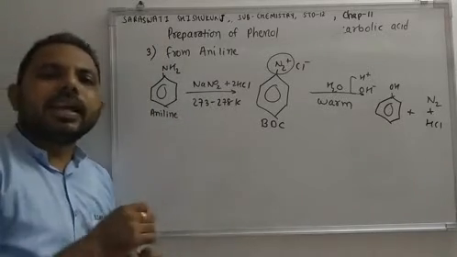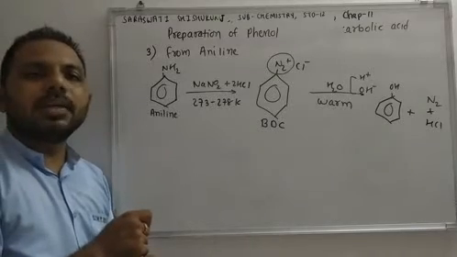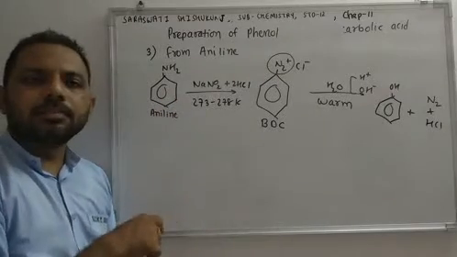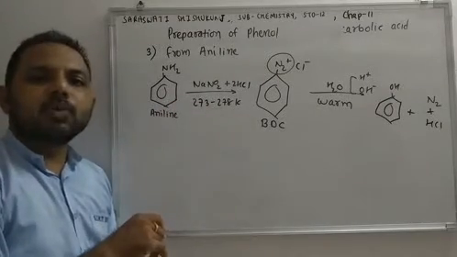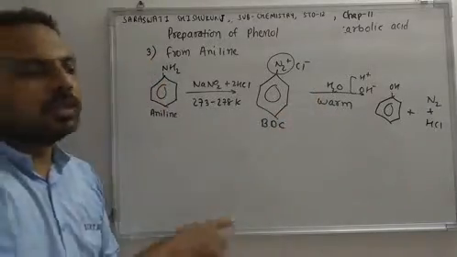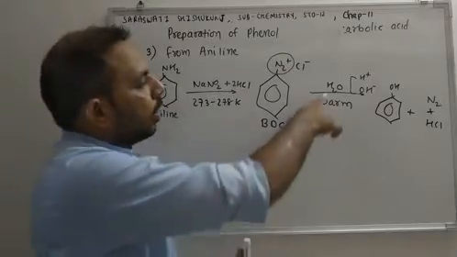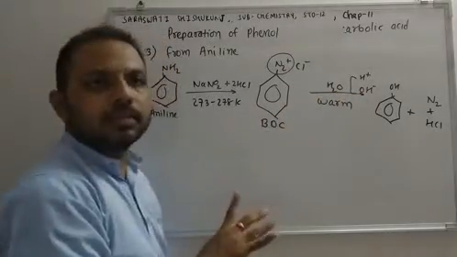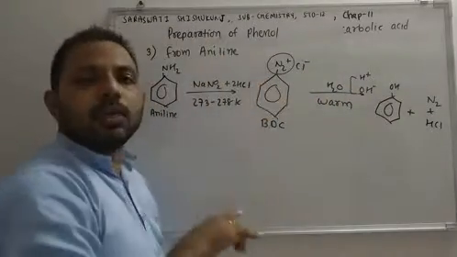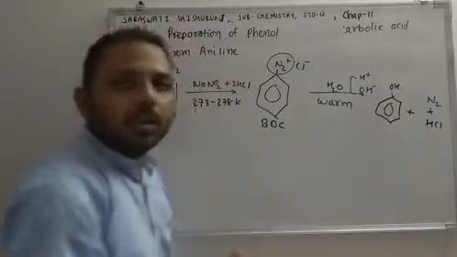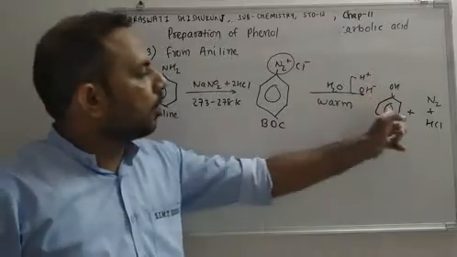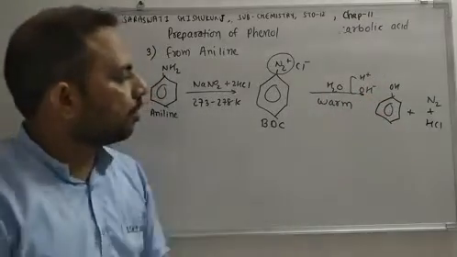Again, aniline reacts with nitrous acid. Nitrous acid is a combination of NaNO2 plus HCl. The temperature range is around 273 K. We will get benzene diazonium chloride. Benzene diazonium chloride reacts with water. We need to warm this water, and water is divided into H plus and OH minus. H plus will combine with Cl minus to form HCl. The diazo group is always released in the form of N2. What is left? Benzene is left and OH minus is left. It will form phenol. So this is phenol.